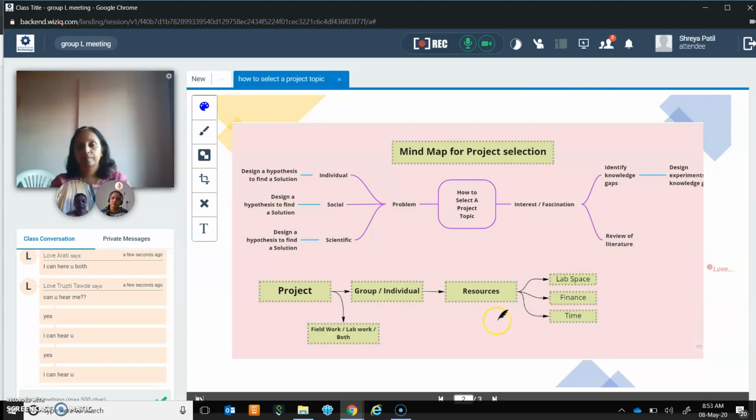So this is how I have made this mind map, and I hope it will help students to find the title at least. Later the research methodology comes, where they have to do referencing and design the experiment and all. But this mind map will only help them to decide the topic. So would you like to add something in this?